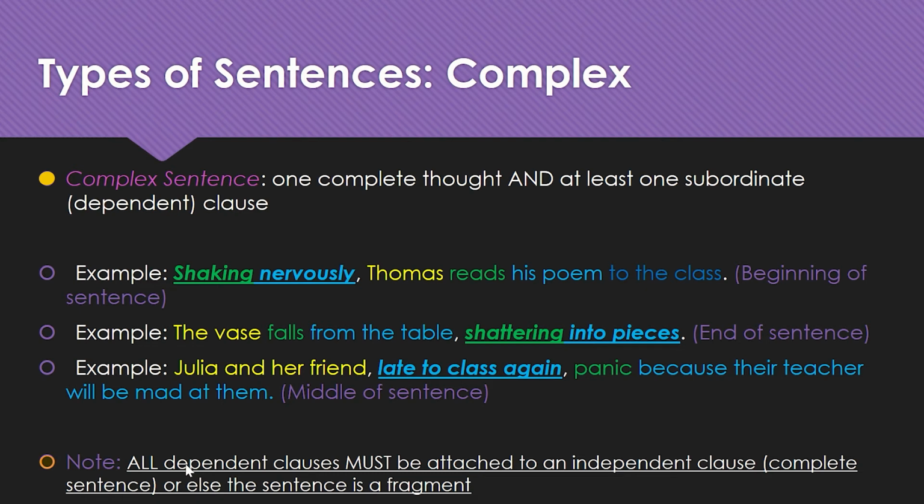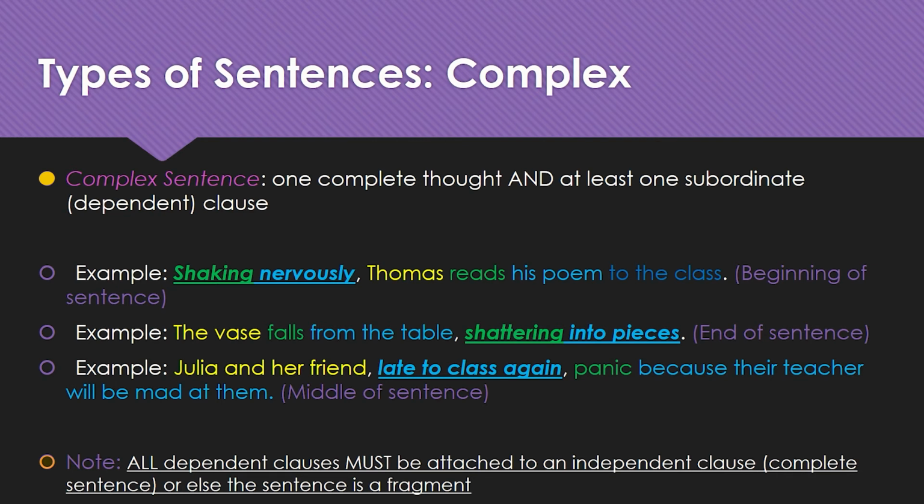And so that's what the note is here. It's all right to have fragments as long as they are attached to a complete thought. But without the complete thought, it's just a fragment. But if there's a fragment with the complete thought, we call it a dependent clause because it depends on the complete sentence. And there, it could be in the beginning, in the middle of a sentence, or at the end